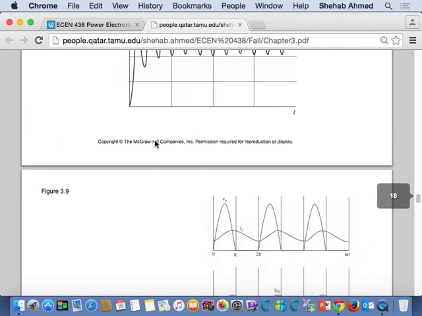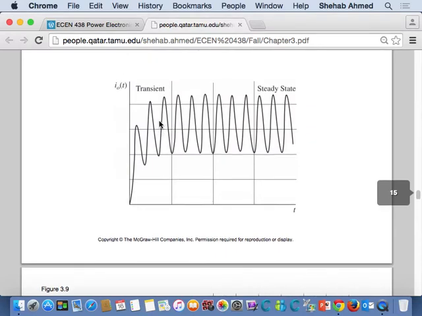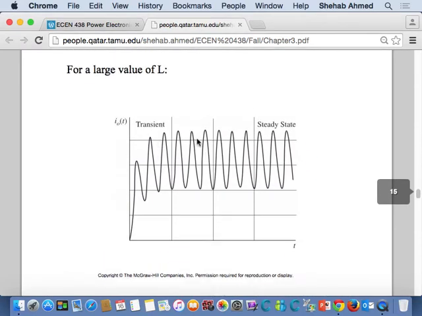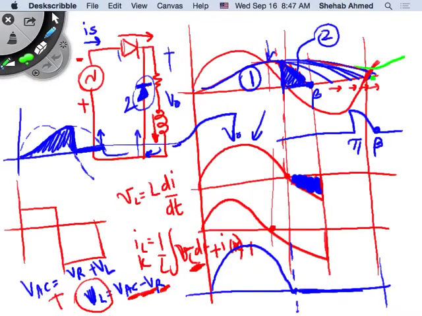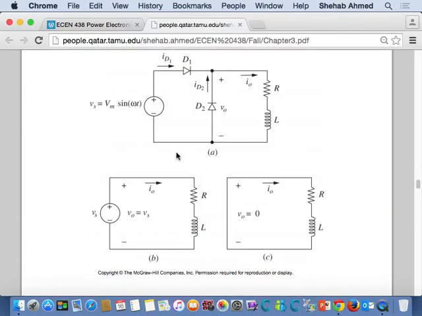Okay, so now we have that. So now it becomes a bit difficult. So why did we show this? Before it was nice and easy when the current was falling at beta here. I was able to find the equation for current, right? I wrote my forced response and natural response, and everything was nice. I was able to find my equation for current. I knew some initial conditions. Perfect. But now, when the current becomes continuous like this,